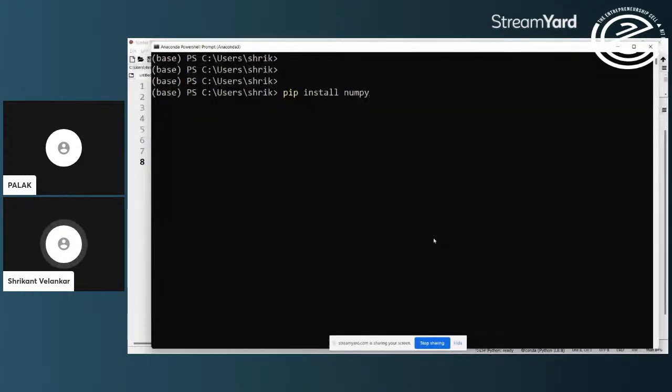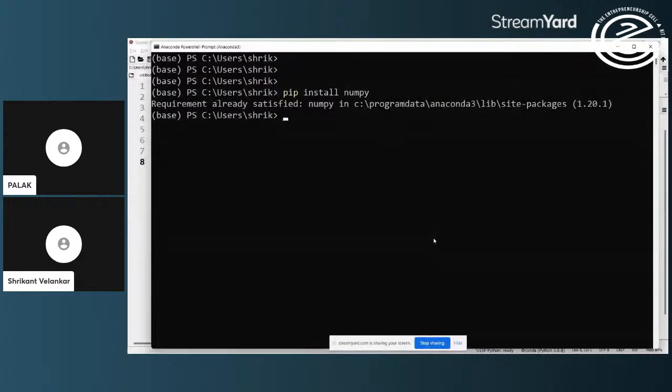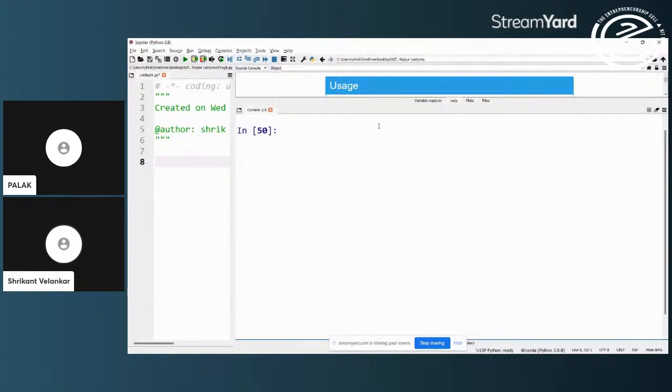Keep in mind when you are performing this operation, your machine should be connected to the internet because it will get the module files from the internet. Obviously for me it didn't install because it says requirement already satisfied for NumPy in the packages already loaded in my Anaconda suite. So I already have it, which was clear when I did import numpy and it completed successfully.